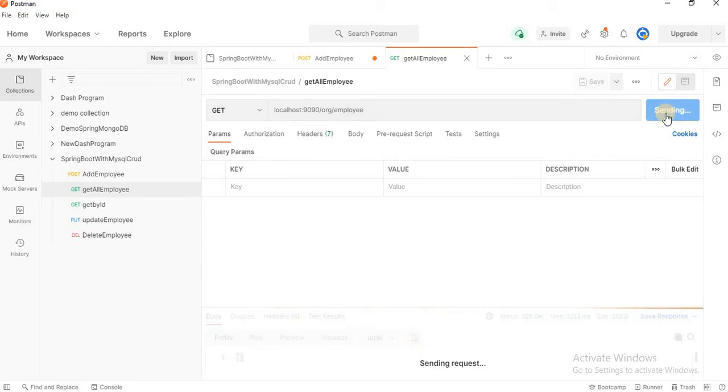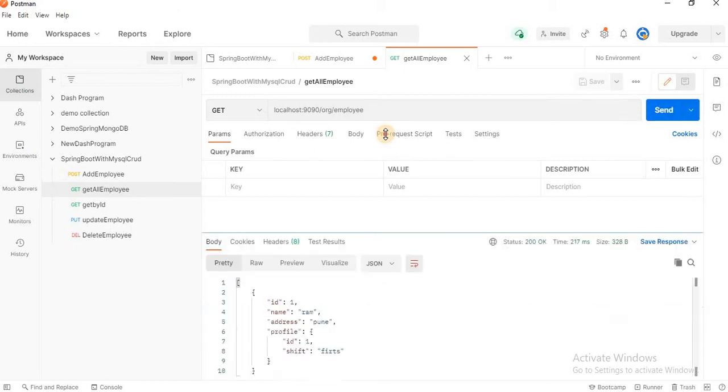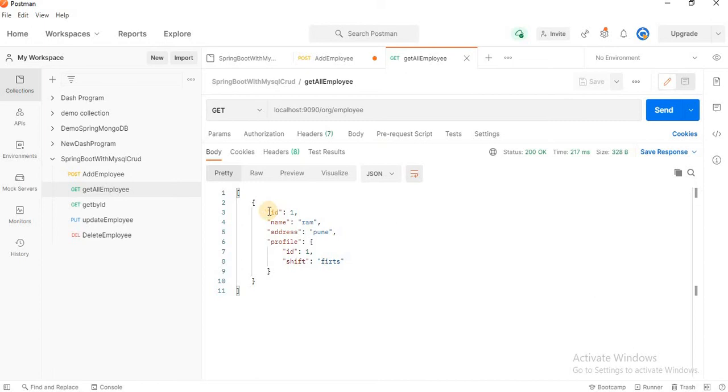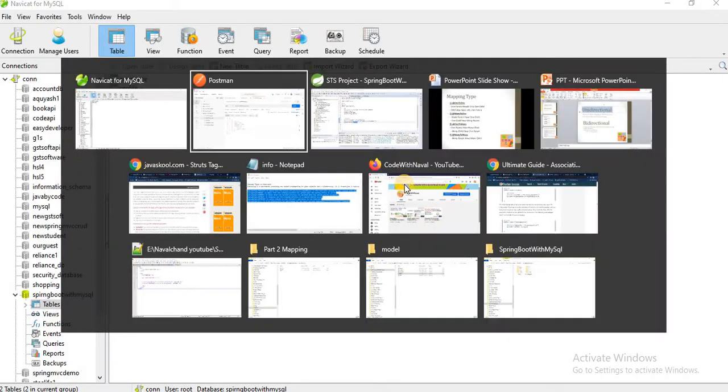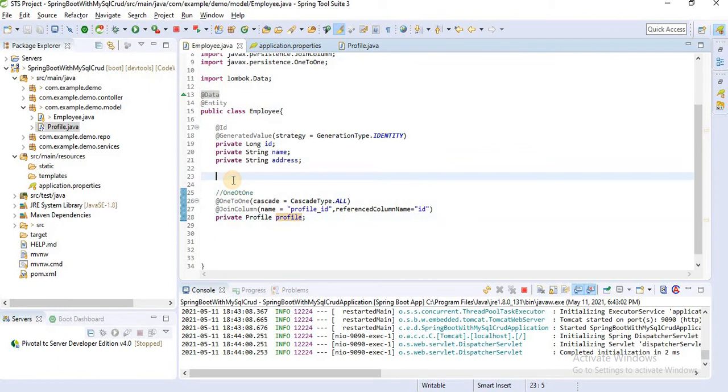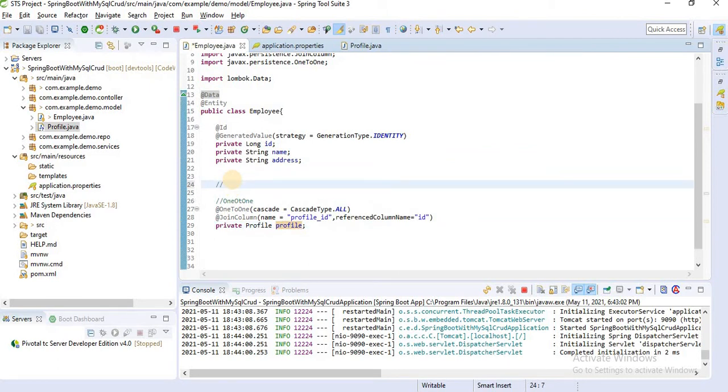Hit get all employee. Here you can see, first we get the employee detail, then we get the profile detail. That means our one-to-one operation successfully worked here. I'll also mention here, this is a unidirectional operation.